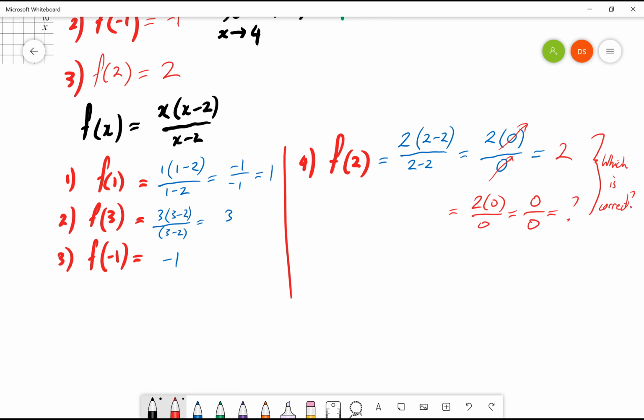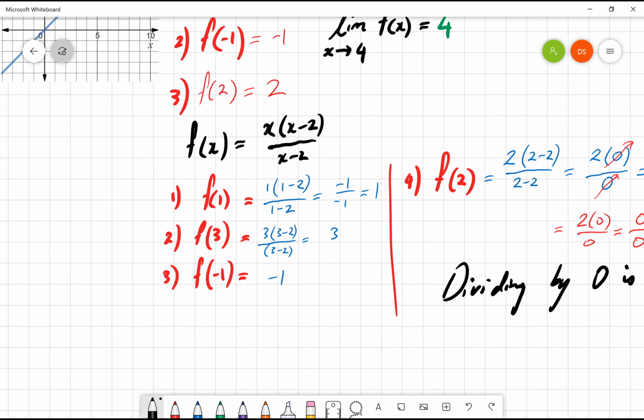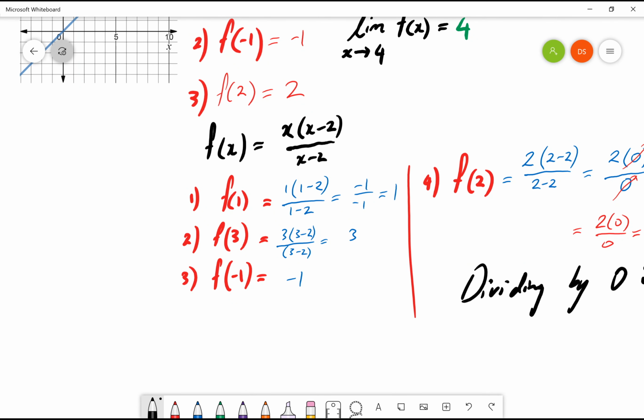And yes, those of you getting math error, you're correct. Because if you do this on your calculator, the whole idea of dividing by 0 is terrible. So the idea of dividing by 0 is outrageous. And so even though for every other point f of x seems to be x, it's not, because when x equals 2, something crazy